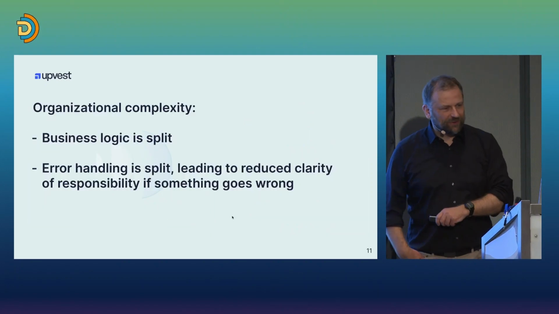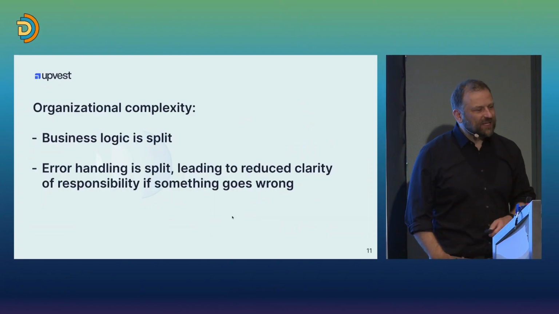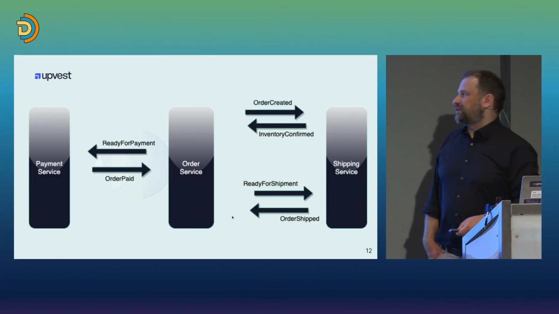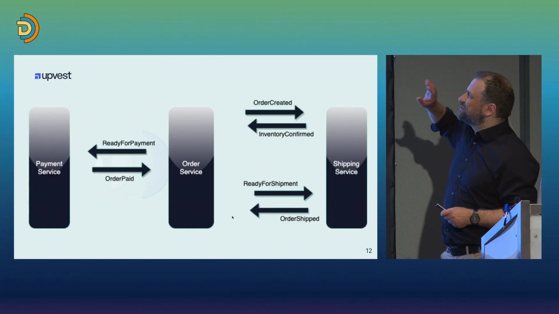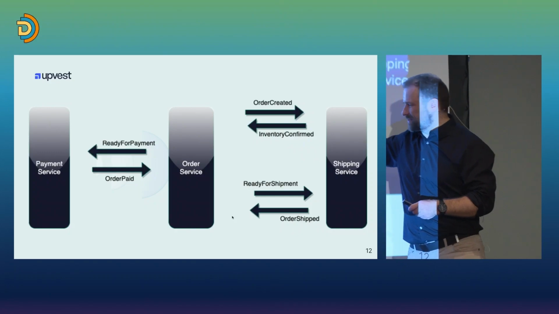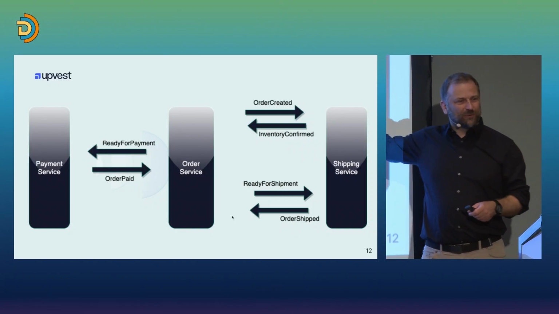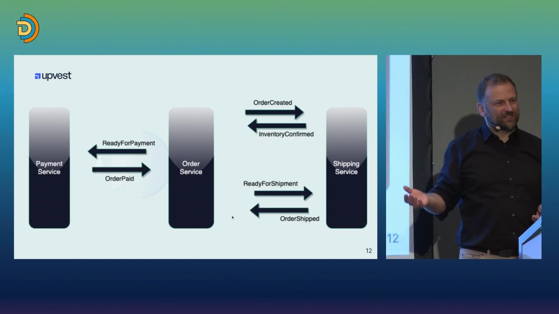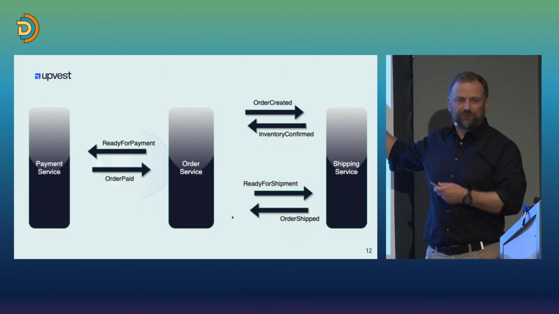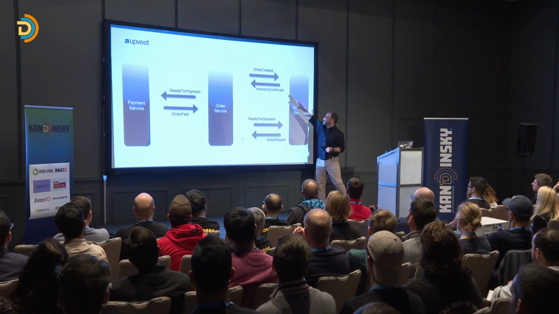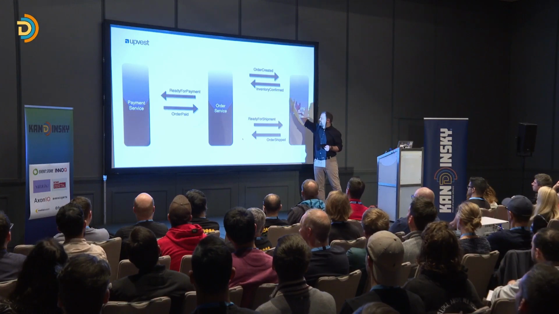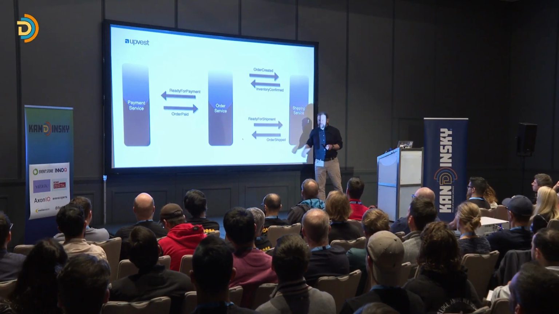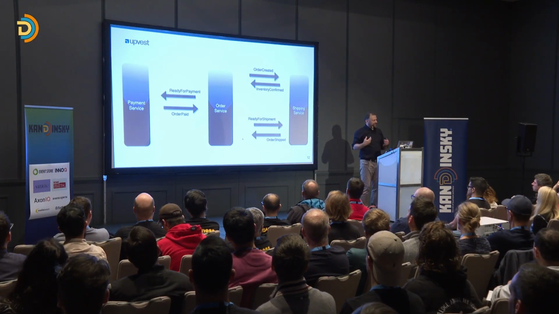Oh yeah, and the third point in my list was that it's not even event-driven. I should have said that, sorry about that. This is a really bad slide because it uses these arrows. The semantics for these arrows are that this is actually supposed to be a message, right? It uses, say, Kafka, because that's what people use. And these are just messages on Kafka, an order created message, a ready for shipment message. So technically, these are events.